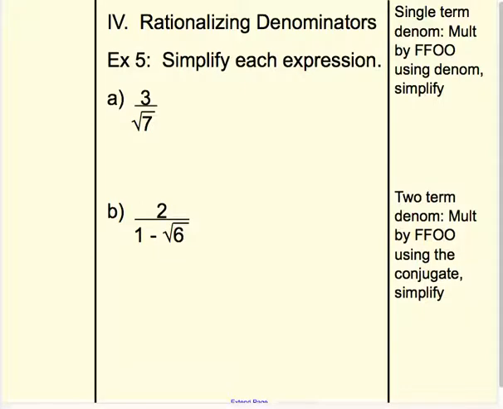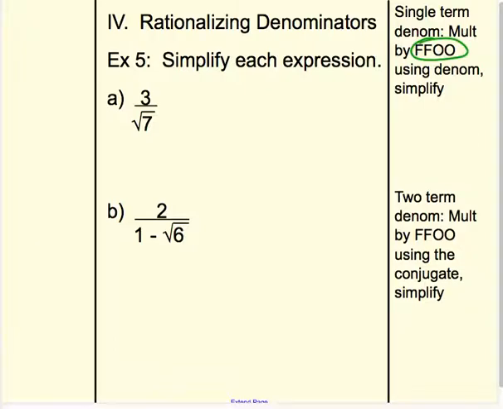So now we're going to take a look at rationalizing denominators. So similar to you can't have a negative exponent, it's not in simplest form. You can't have a negative or a radical in the denominator, it's not in simplest form. So if you're looking at the steps over here and wondering what in the world this is, it's fancy form